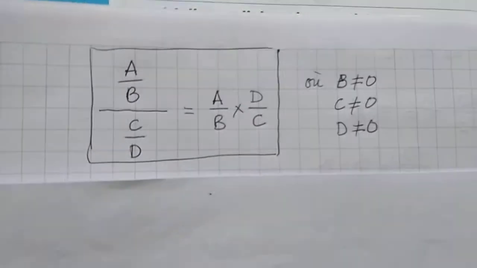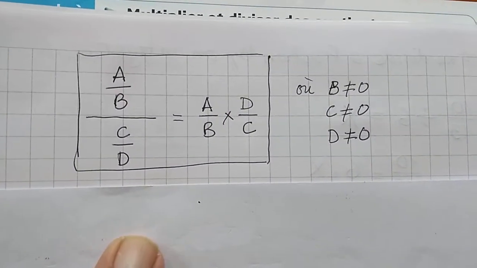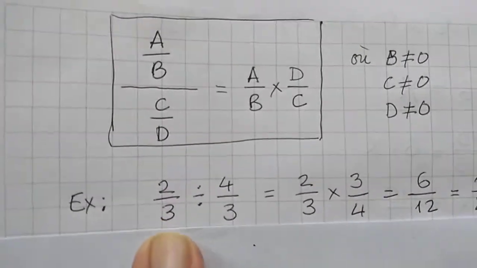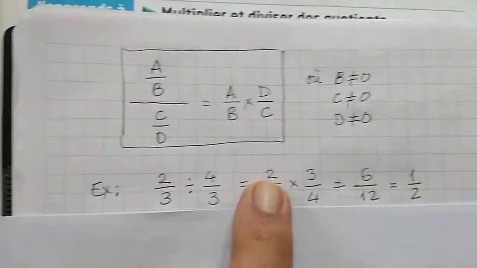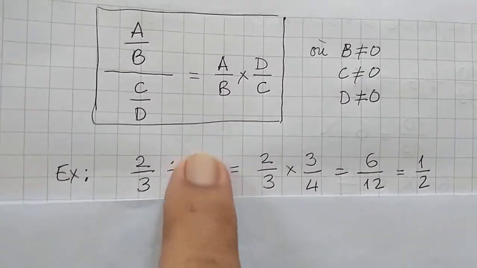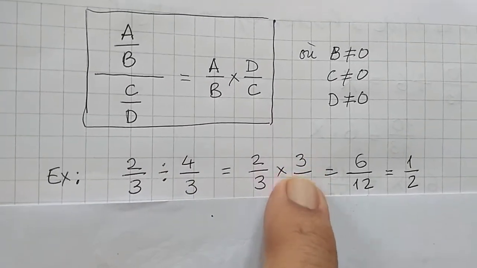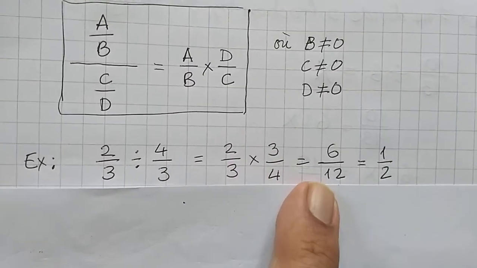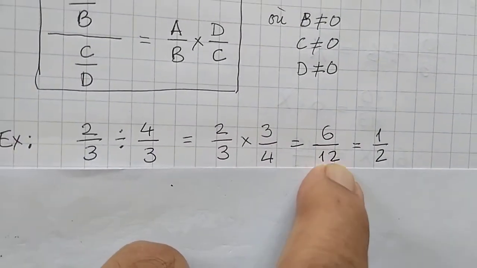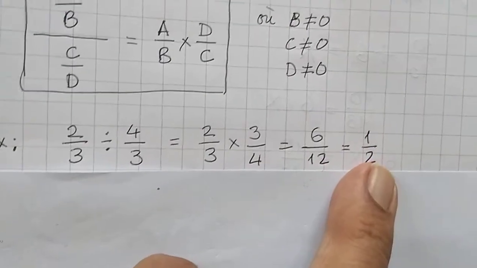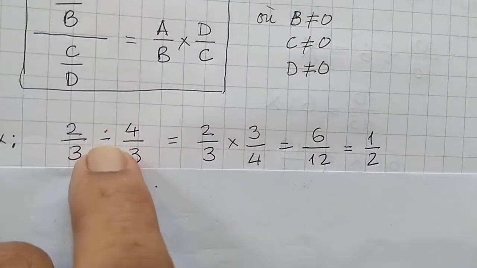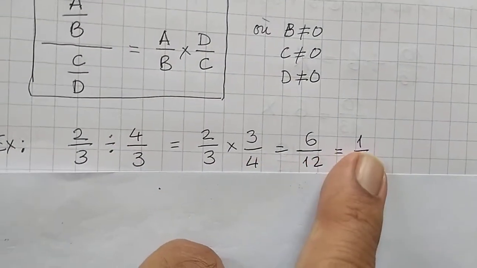Okay, so this is it. I'm copying it again because I've turned the page. And now we'll do some numerical examples. So 2 over 3 divided by 4 over 3 is 2 over 3 into 3 over 4, because I'm going to flip this 4 over 3, I'm going to take its reciprocal, 3 over 4. So if I do this multiplication, 2 into 3 is 6, 3 into 4 is 12, 6 over 12 I get. I can simplify to 1 over 2. So 2 over 3 divided by 4 over 3 will give me 1 over 2.